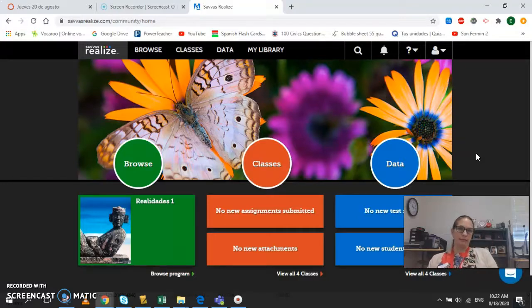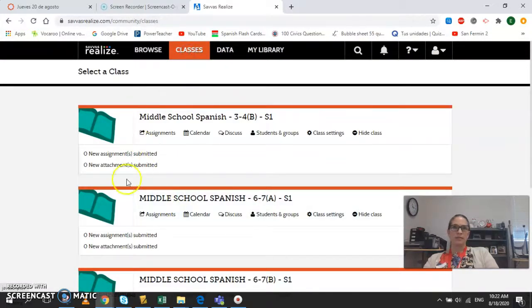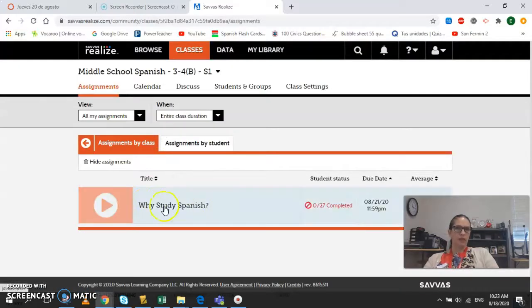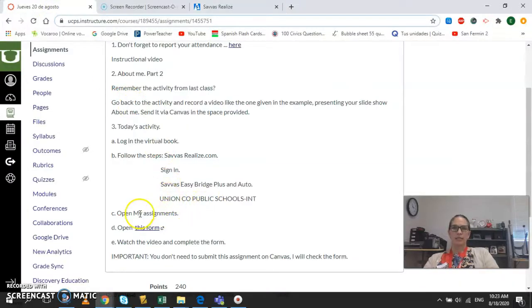So mine looks like that, but yours has to look different because I have a teacher account, but I think that actually they ask you if you're a teacher or a student. So you pick the right choices, you fill whatever information they ask you, and then you're going to get to where it says my assignments, and then you're going to find your assignment for today. So let's go here. This is the assignments I have. If I click on assignments, it's going to take you right here, and that's your assignment. So before we go with that, it says open my assignments and then open this form. You're going to open this form